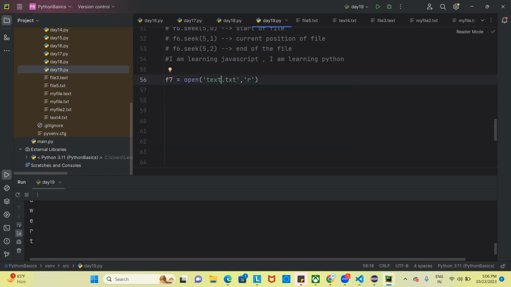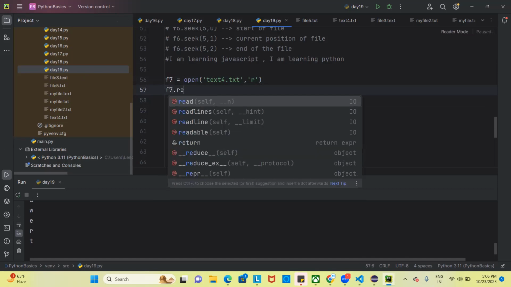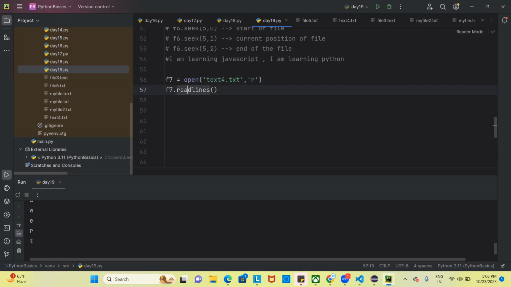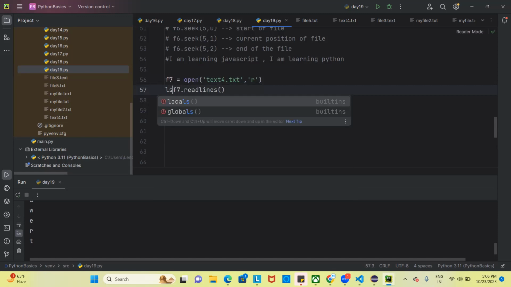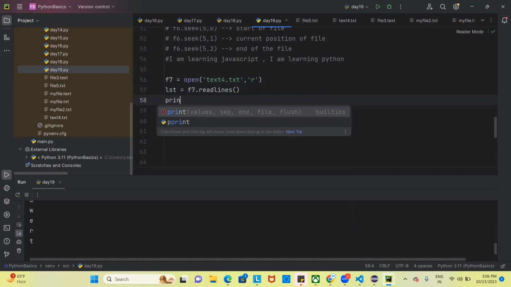Let's say this is the file. I want to read this file, text4.txt, which is already there. And if you want to read line by line, you can call one method, readlines. See, and now this returns one list, and that list basically has every line of the file. So if you print the list,